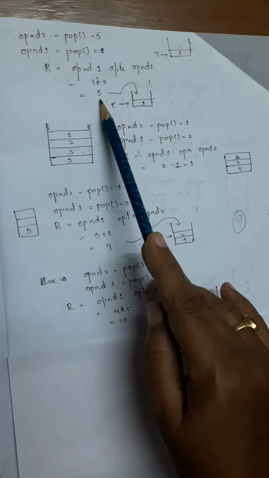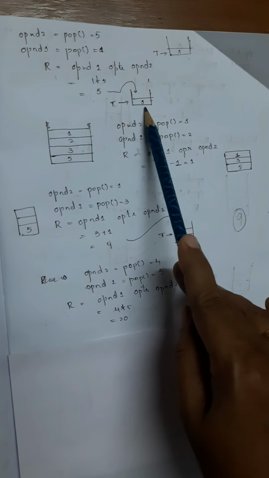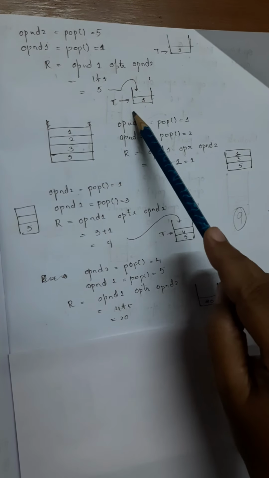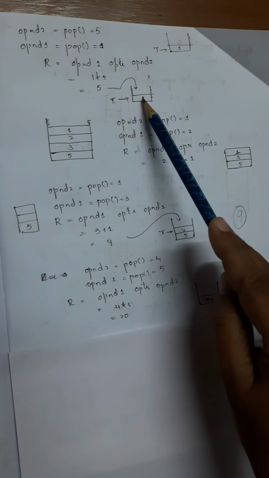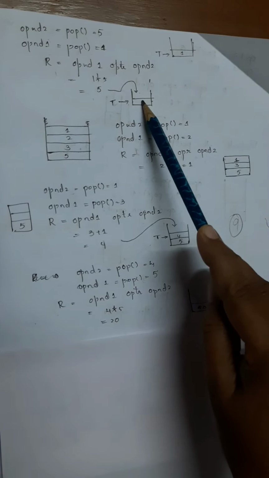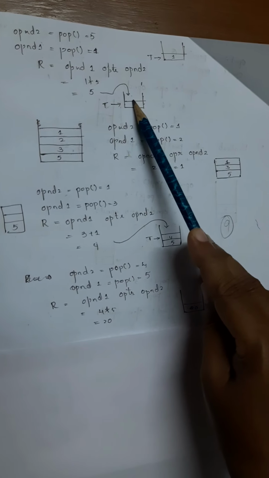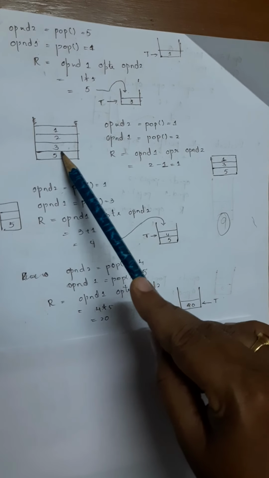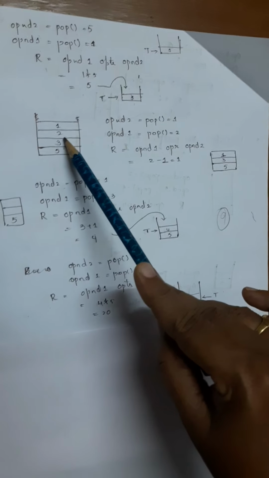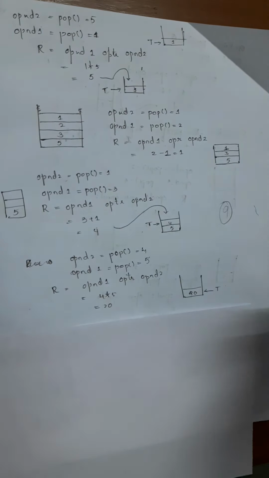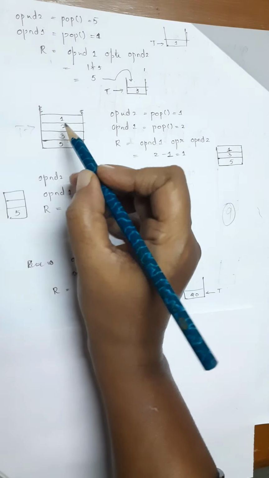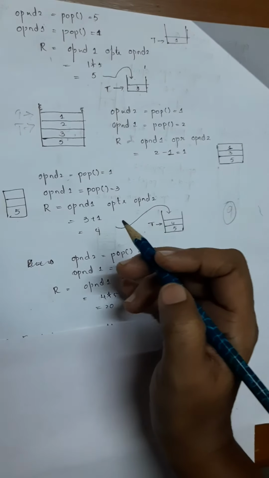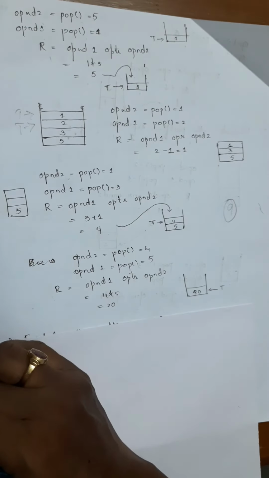According to step 4C, the result should be pushed back onto the stack top. So when we remove 1, top was at -1. To push, we increment the top by 1, so it will point to 0, and here we store the value 5. Then we read the next symbol, which happens to be 3. 3 is an operand, so we push it onto the stack top. Then we read the next symbol, which is 2. It is also an operand, so it is pushed onto the stack top. Then we read the next symbol, that is 1, again an operand, so we push it onto the stack top.